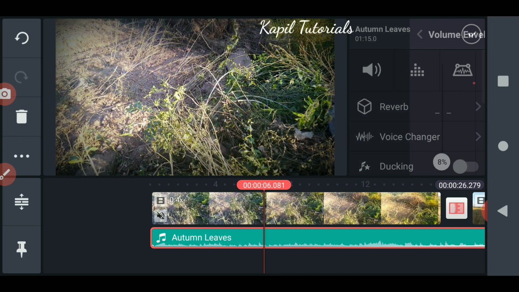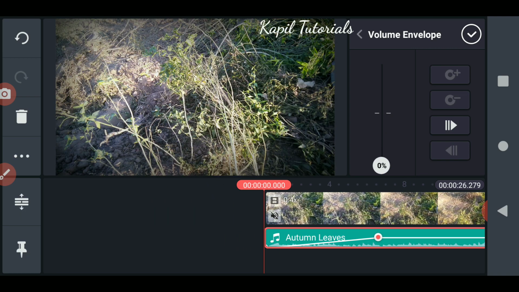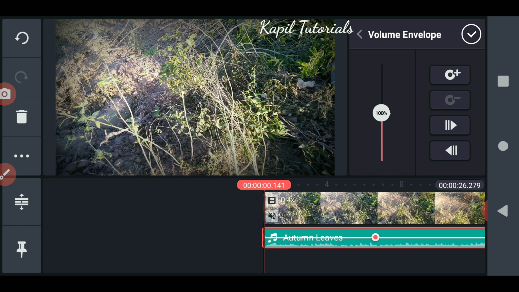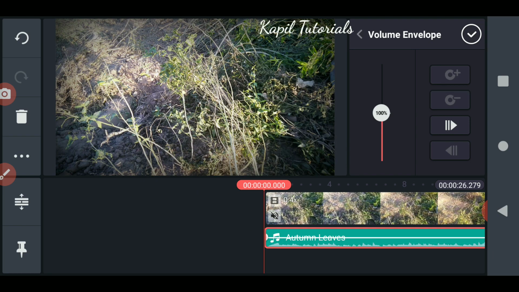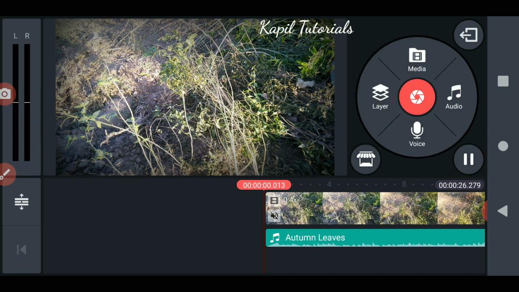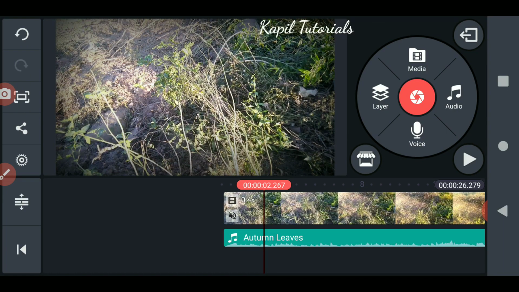I hope it is clear to you how to use this. And if I want to go directly to the next point, I can click the forward button and click minus. So now you know how to control the sound, where to increase, where to decrease. You have full control.